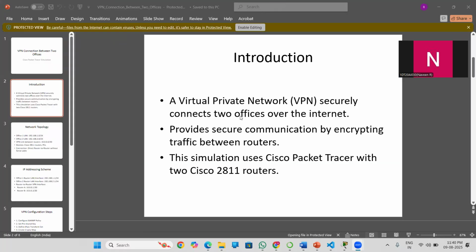In the simulation part, as we know, it is a secure connection between offices over the internet, and it provides secure communication by encrypting the traffic between the routers. This simulation uses Cisco Packet Tracer with two Cisco 2811 routers and